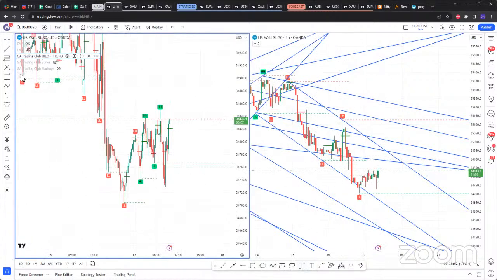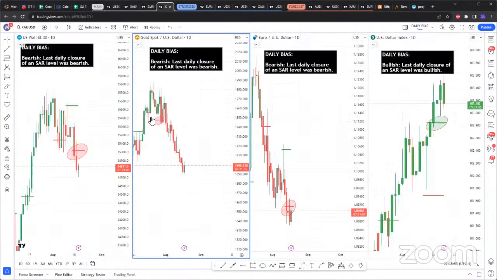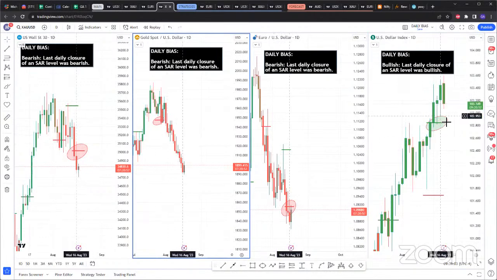So personally, I am still looking at the daily bias. I am still bearish on US 30. I'm bearish on gold. I am bearish on EU. And you can see EU, we are testing this sell zone right here. And I'm still bullish on the DXY. So knowing that,